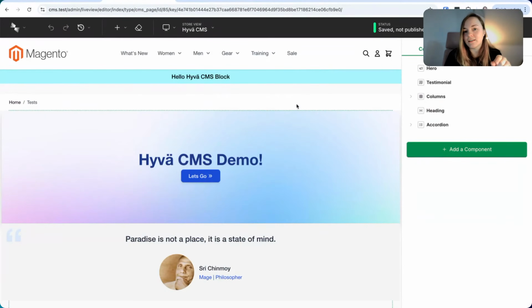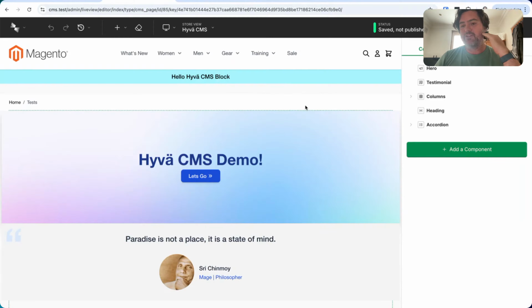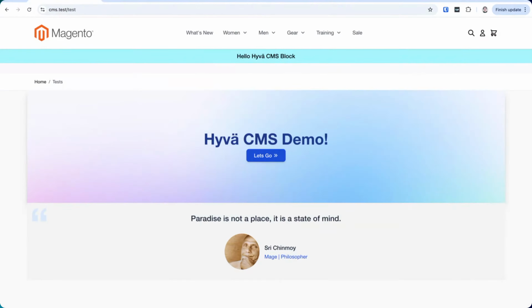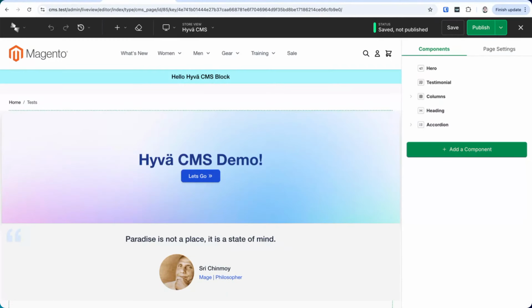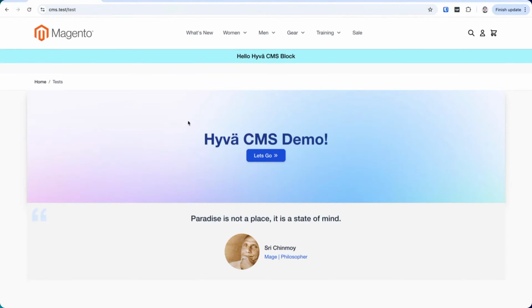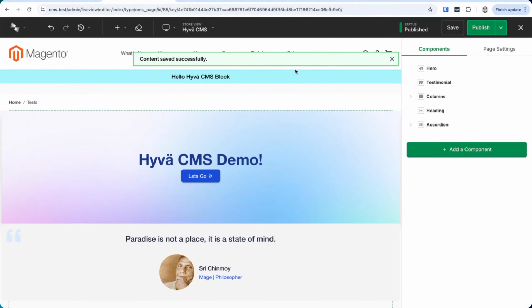Does that automatically go live, or is that saved, not published again? It's saved, not published. So it's like a draft version. So then you just hit publish, and we're going to see the updated version. When you restore, we don't want it to change something directly on the live site, because you might want to make adjustments to it before you actually publish it.